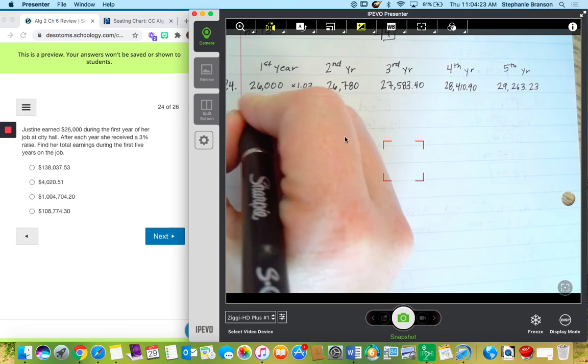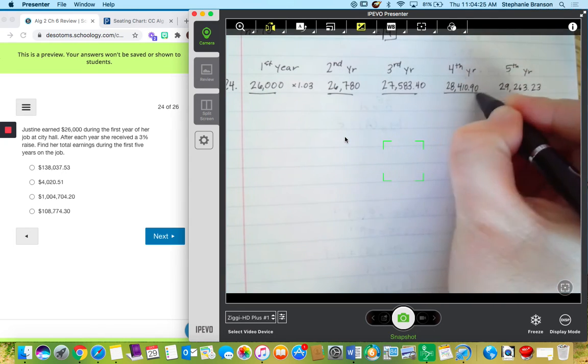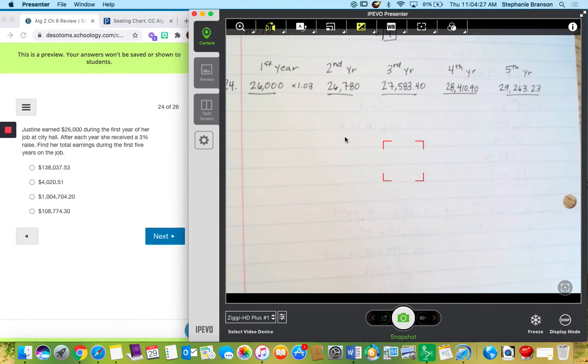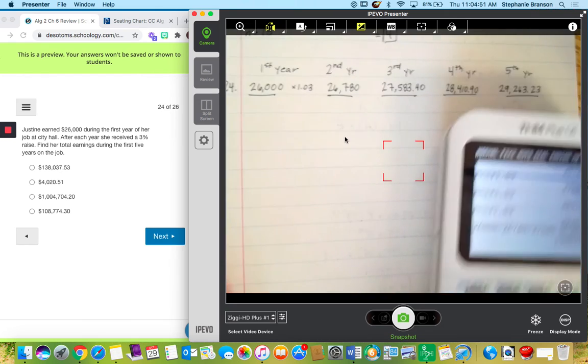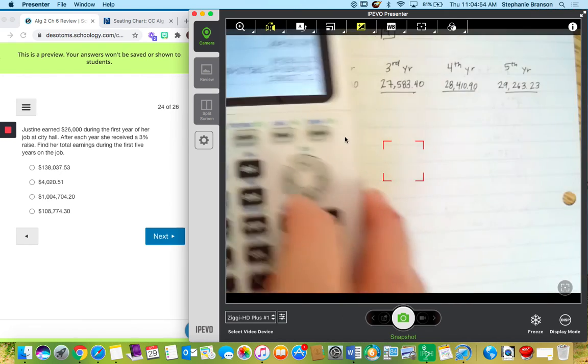So what can I do with 26,000 if they want to know the total? What can I do with all 5 of these totals? Add them together. Yeah. 26,000 plus 26,780 plus 27,583.40 plus 28,410.90 plus 29,263.23. And it said over 5 years, Justine made